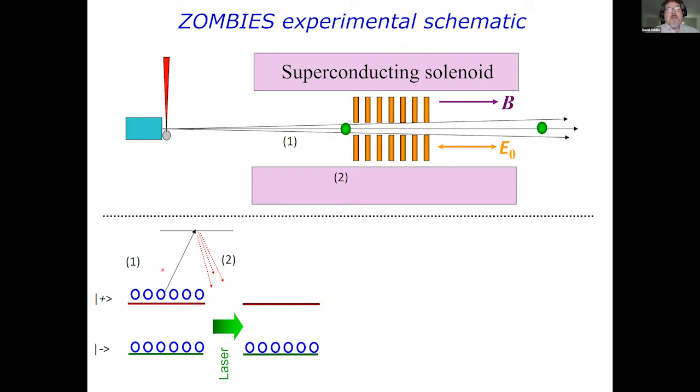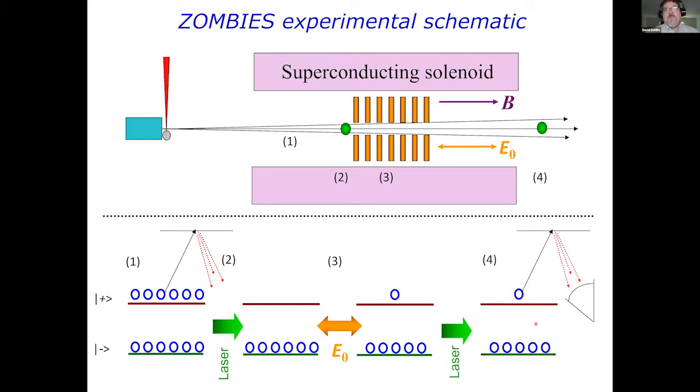The molecules then enter a region where a series of ring-shaped electrodes with distributed voltages are used to apply an electric field that in the molecule's frame varies over time. At the end of that electric field interaction, some of the population will have been transferred into the previously empty state. And then outside the magnet, we again use laser-induced fluorescence to empty this state, and we detect the resulting fluorescence when that state is pumped. So the basic idea is fairly simple.